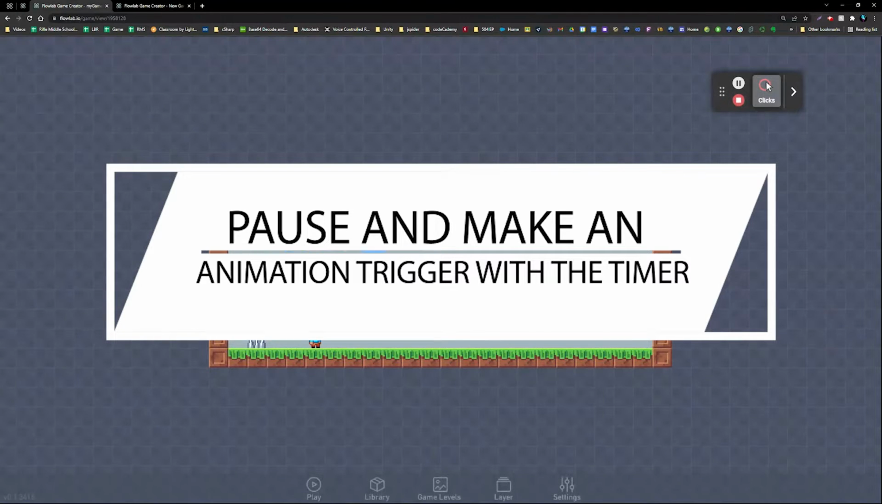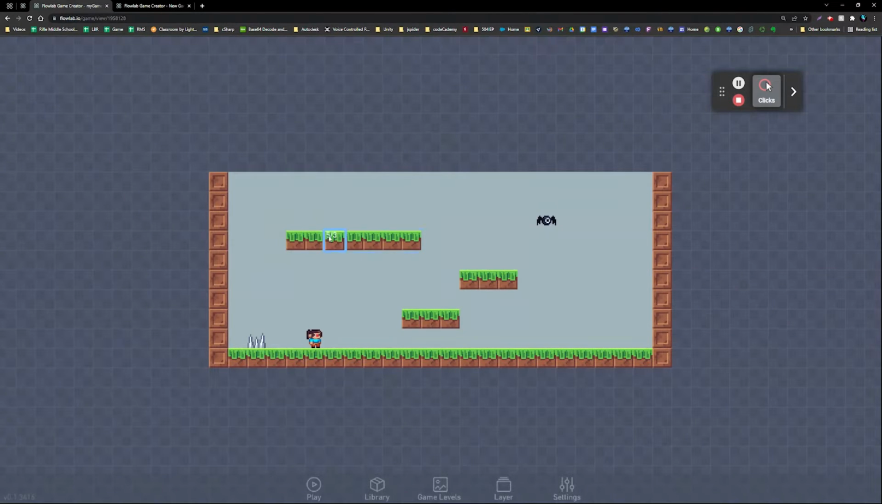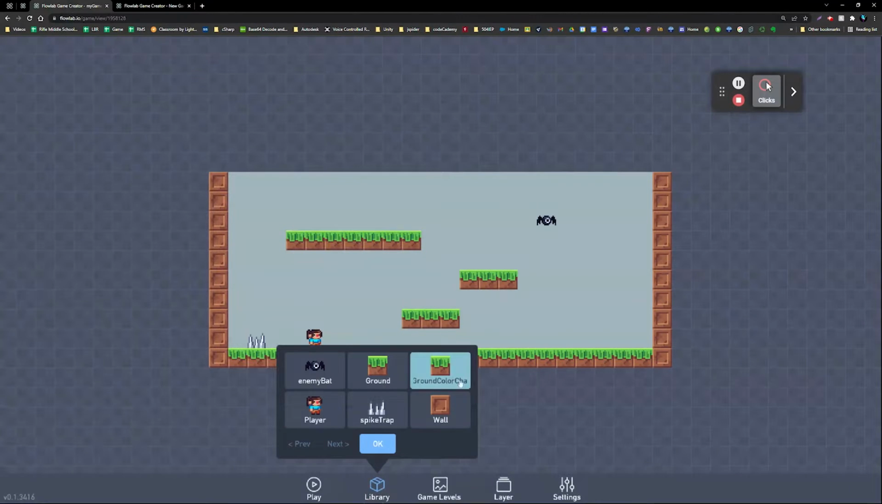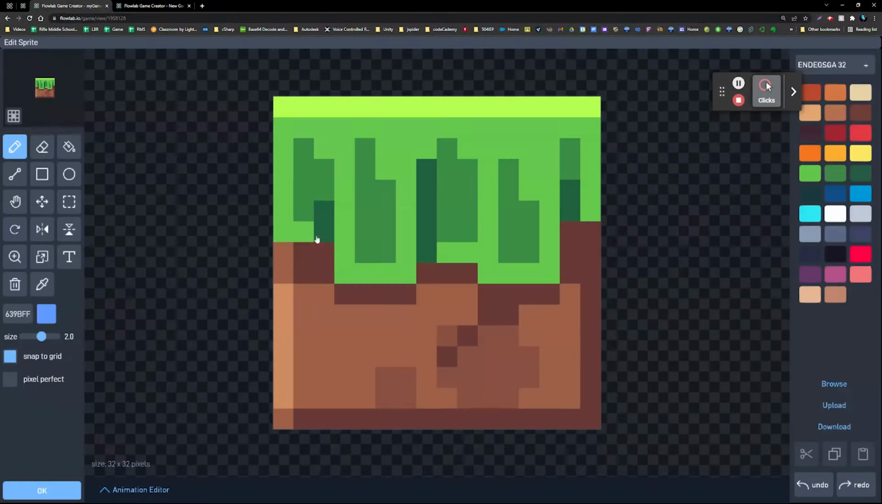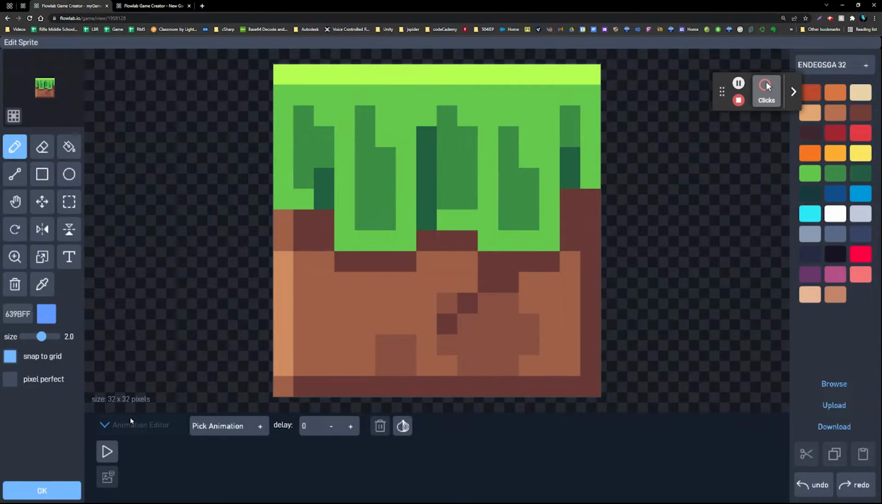Okay, the final one we're going to do is the ground blocks. Now remember, these aren't ground blocks. These are ground color change blocks. They have to be different because we're going to put different behaviors on this. So click on your library, click on ground color change blocks, and then we're going to edit sprite. And now you can make whatever you want happen to this. What I did was I just